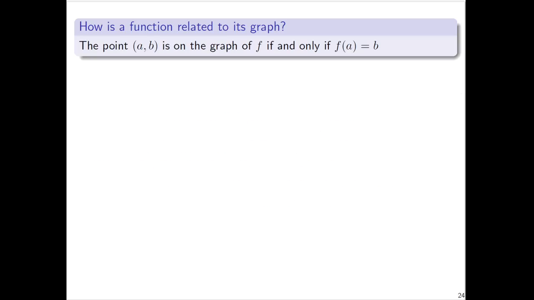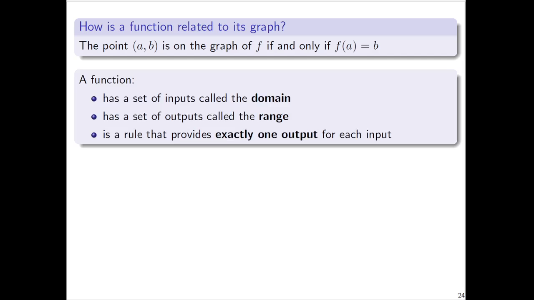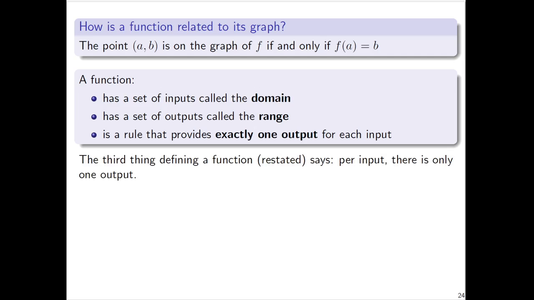Again, let's exercise this idea of the point (a, b) is on the graph if and only if f(a) is equal to b. And let's connect this to what we had said a moment earlier is the 3-part definition of a function. Specifically, I'd like to look at that third part, a rule that provides exactly one output for each input. That third thing, if we just state it differently, says per input,